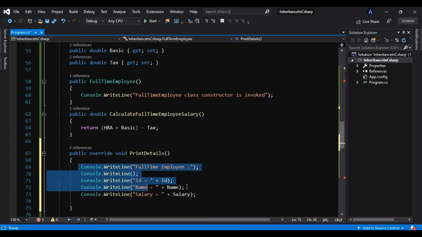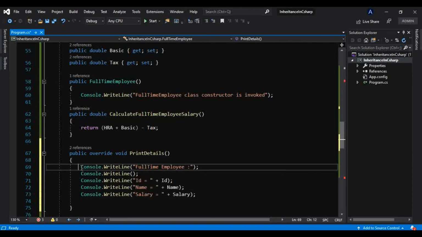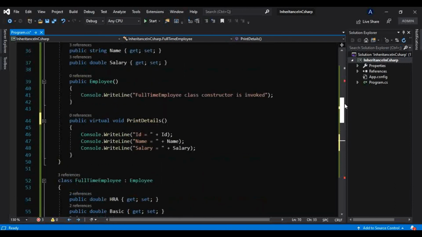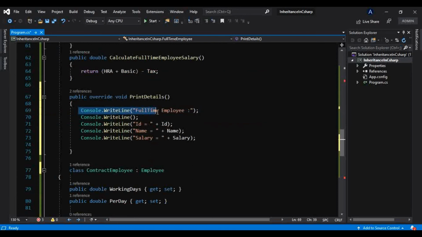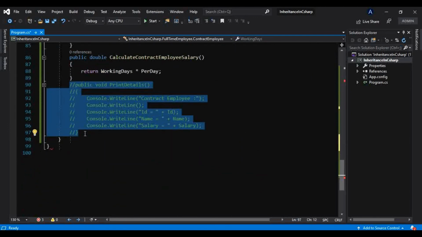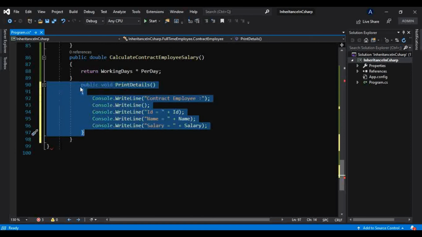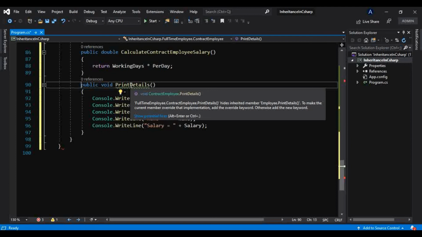Now we know there is a difference between the methods. This base method has these two extra console lines, and in this method there are no extra console lines, just the full-time employee line and an empty console line. Likewise I will uncomment this method as well, and it is again throwing a green squiggly line, which is only a warning, not an error.